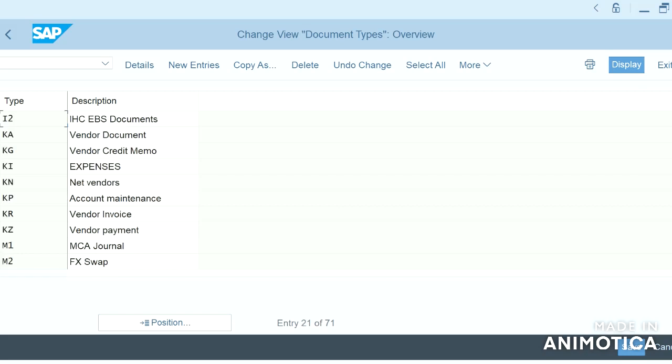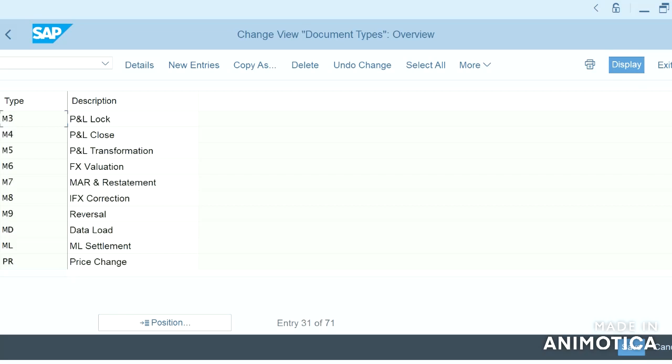In real time, by just seeing the document type, we can tell this might be the debit and this might be the credit for this document. That's how we can remember the accounting transaction based on the document type.